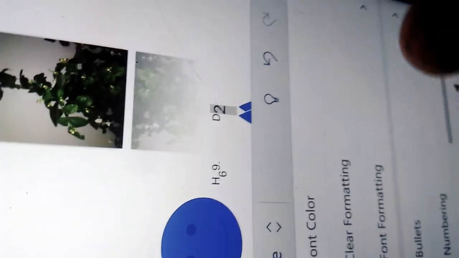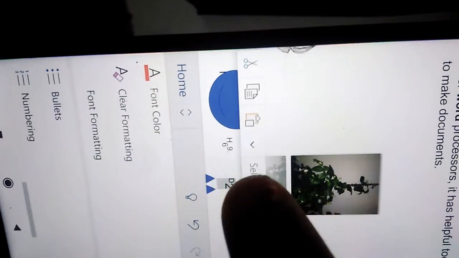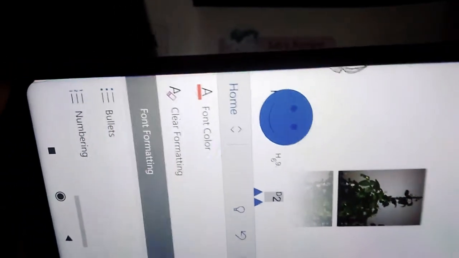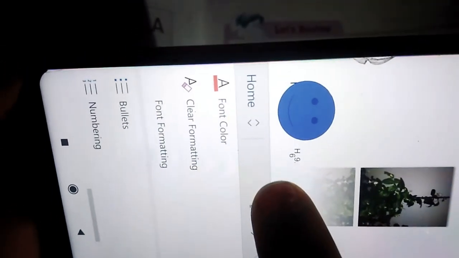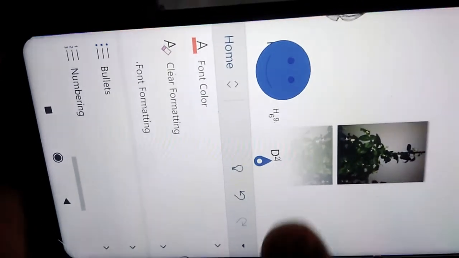As soon as superscript is pressed, it goes above the text. Now it looks like D square.